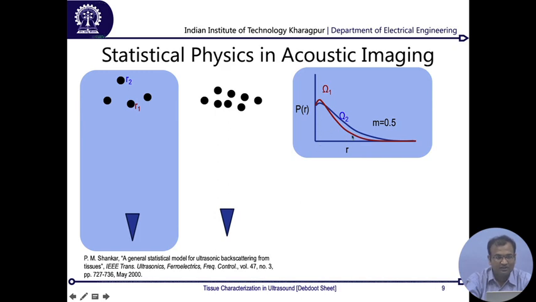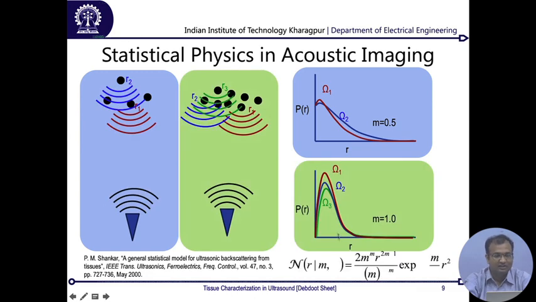Now as you keep on doing that, what you would get is some sort of a distinct curve. Say I did it once for 1000 pulses, I got this kind of curve in red. Now again I did it 1000 times, I got this kind of curve in blue. Both of these curves are quite similar to each other, that is what you will find. Next, for a different kind of tissue where the cells are much more densely packed, this may be say fibrous tissue where you have very thin fibrous bundles all quite densely packed, if you look at them, you also get a similar kind of curve every time you do this experiment, but there is a sharp difference between the curve over here and the curve over here. So for different kinds of tissues you are going to get a different kind of distribution curve,